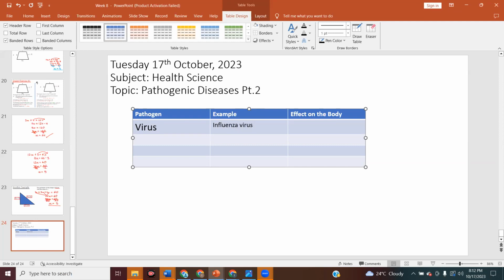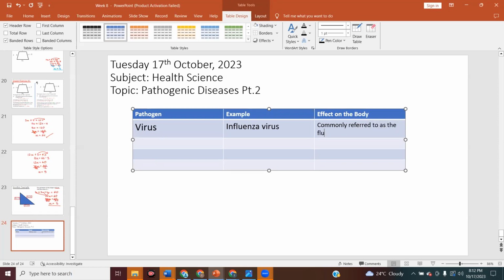virus. Now, when we talk about the influenza virus, what symptoms do you think you're going to have if you have influenza? Runny nose, very good. The flu. Stuffy, lack of breathing, right? So commonly referred to as the flu. If you feel like you have flu-like symptoms,